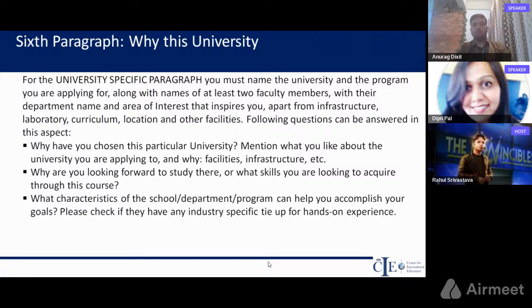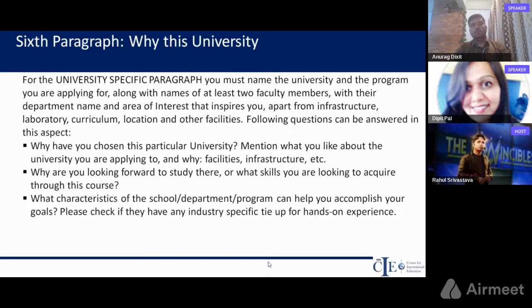You have to do a lot of research about the university from their websites, from their available webinars or videos, etc. And then, if possible, mention the names of at least one or two faculty members with whom you would like to work on projects, with whom you would like to learn. This shows that you have done your research and have some clarity that this university and this program will be right for me because of these reasons. You have to show what area of interest you want to work in during your masters and under what kind of faculty members.